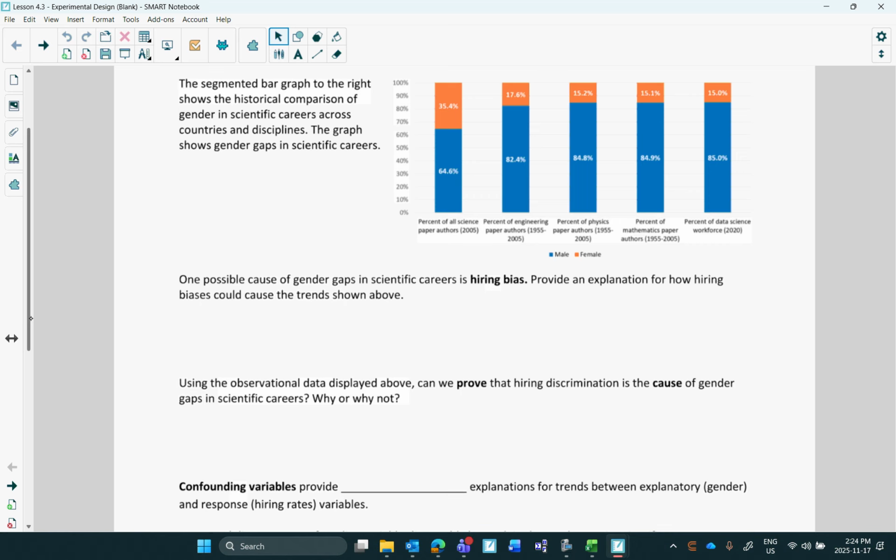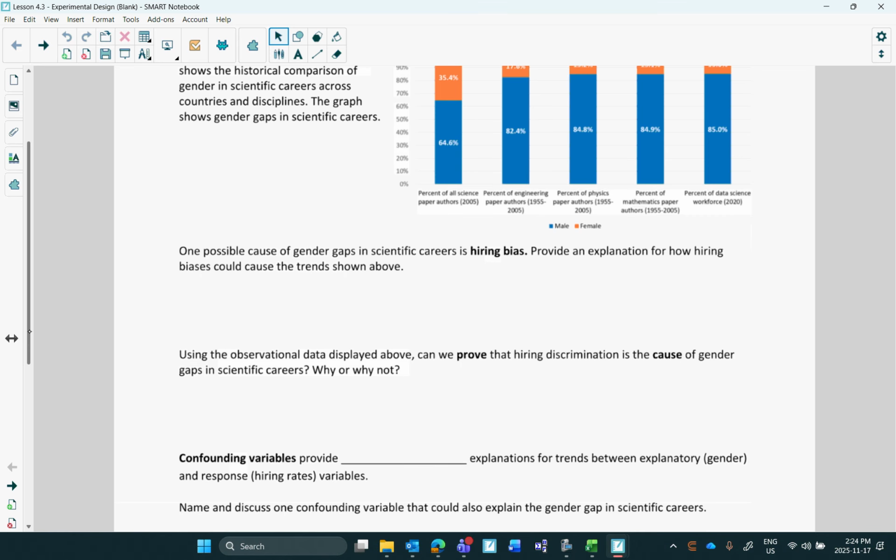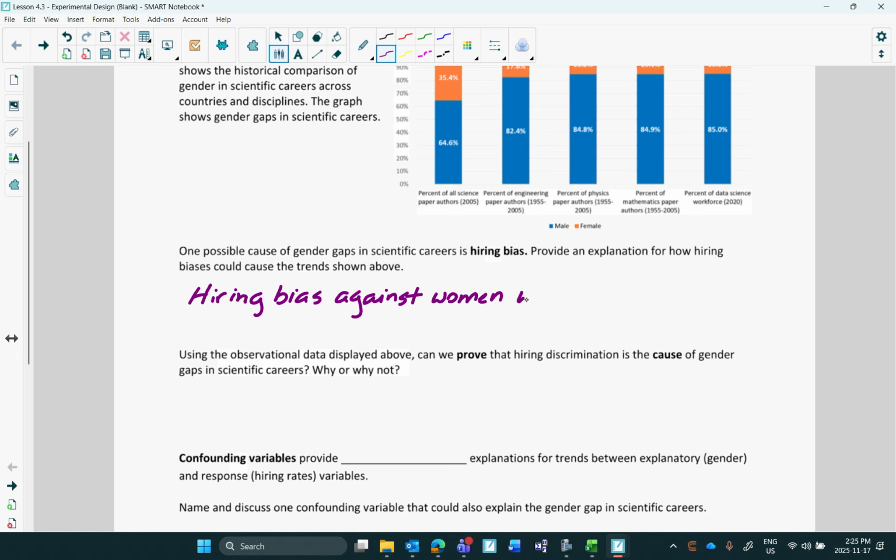So we could say that hiring bias against women would cause less to be working